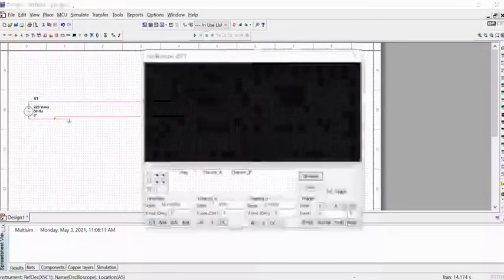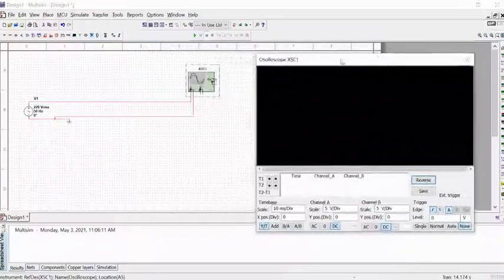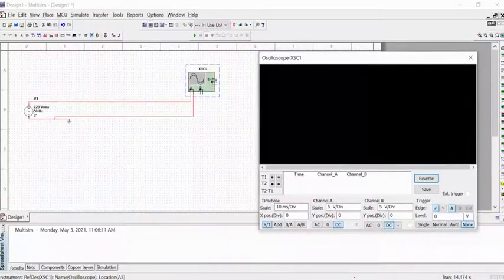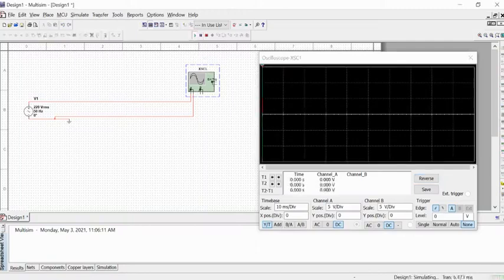Now double click on this oscilloscope. This is the front screen on which the waveform will appear when we start the circuit. Now I just play this circuit and you can see it is running. This is the scale, showing the x-axis scale. 10 millisecond per division means the length of one box is 10 millisecond, and for channel A, in the vertical direction one box represents 5 volt per division. You can increase or decrease it.